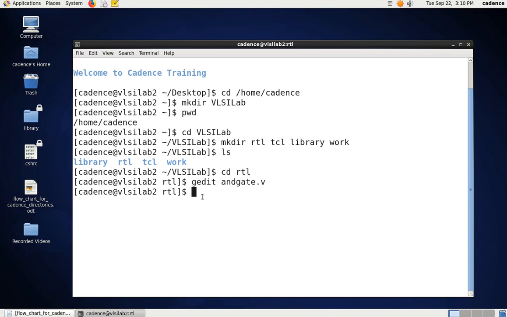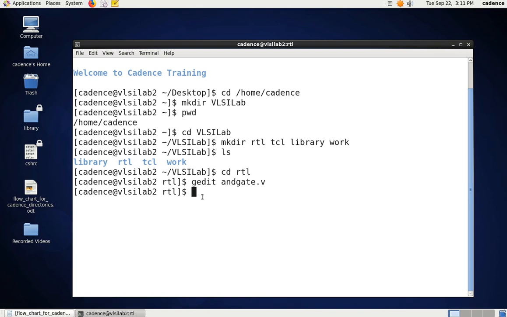To check the simulation, I have to write its test bench code, right? To write the test bench code, the same test bench code will be saved in the same folder, because it also ends with .v, because it is also Verilog code only, right? So how do we do that?